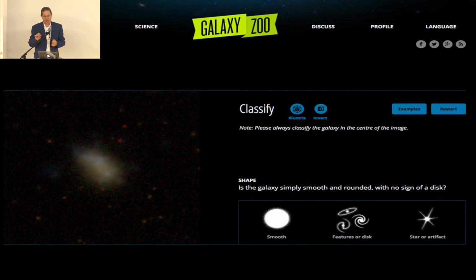And a group of scientists at Oxford wanted to know very simple things about these galaxies, like, for example, what shape they were, if they were a spiral galaxy, whether they went clockwise or counterclockwise. And the computer vision processing technology wasn't quite good enough to do that. So they did what most scientists do in this sense. They got a doctoral student, and they sat the doctoral student in an office in front of the images.